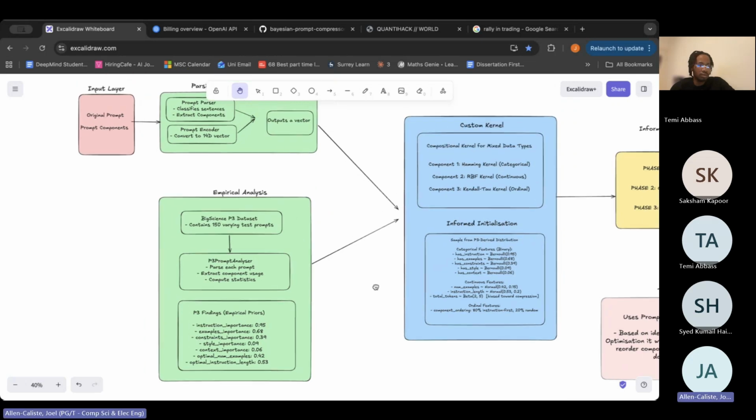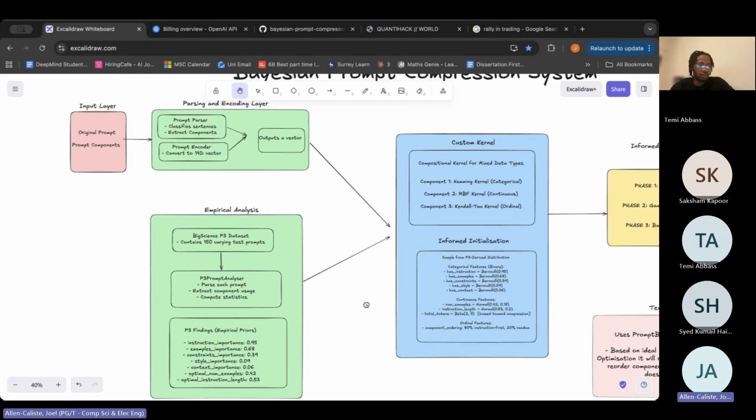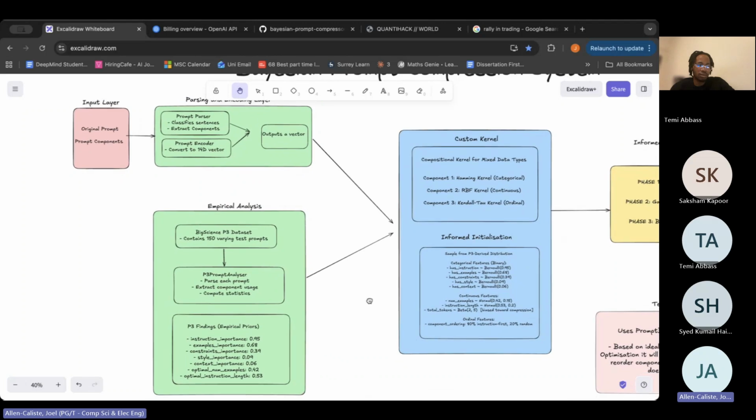Bayesian optimization learns the relationship between an input and an output, and then looks over this search space, this distribution, to find the ideal output, the ideal output ordering and the